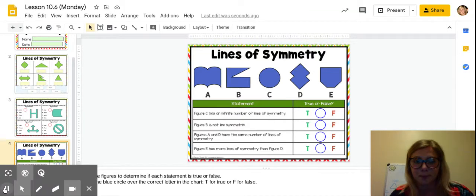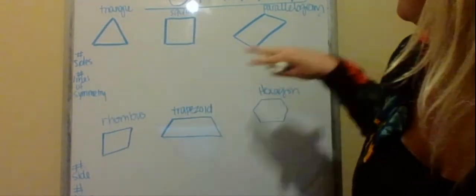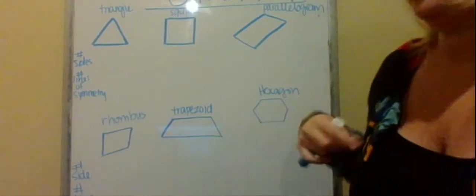Let's try some now. So behind me, I have some shapes. Now, we've talked about all these shapes in this chapter. So we have a triangle, a square, a parallelogram, a rhombus, trapezoid, and a hexagon. So what we're going to do is look at the number of sides and then how many lines of symmetry it might have. So the triangle has 1, 2, 3 sides,